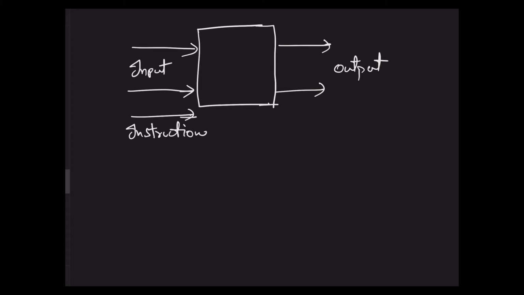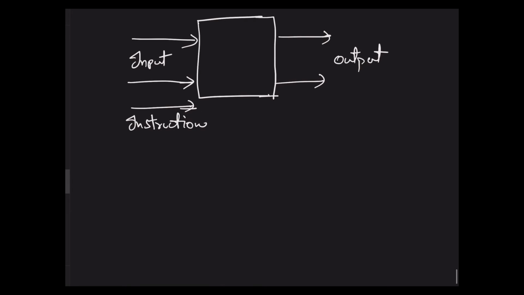Okay. So how does the computer do this? If we take the example of a human being as an analogy, human beings also do this. We get some data as the input, we operate on the data based on some instructions which are already known to us. Then we get to some conclusions based on the data processing we have done. So for a human being, the thing which does all these things is the human brain. For a computer also there is something called a brain. It's called a processor. So this is our processor.